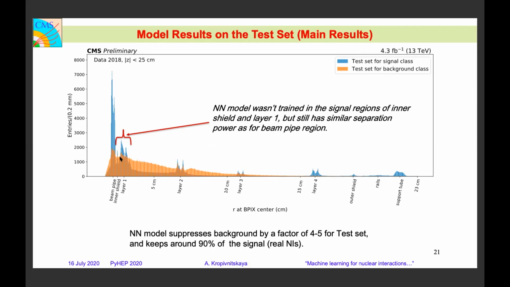If you go to the test set, you can see that there is not much difference. Our model performs as well as on the train set. The main results are very similar. This is in principle what we should expect, because I showed you that our loss function for the train and test sets is very, very close, so it means the performance should be very similar.